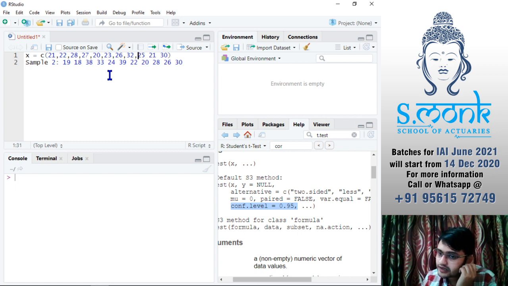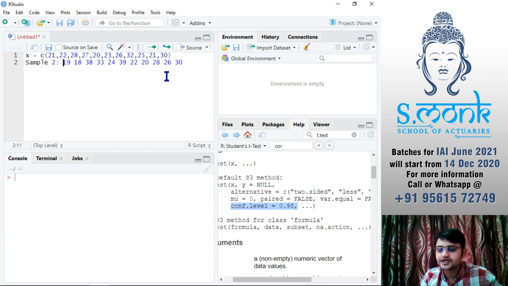Yes, you should clear the global environment after every question. What happens is, let's say I defined y previously, and while writing this question I forgot to do control enter, and that is why I have y from the previous question, and I keep solving my question and then I get wrong answers, right? So it is always advisable that you clear the global environment after every question, so that we don't make mistakes, because I do that a lot.